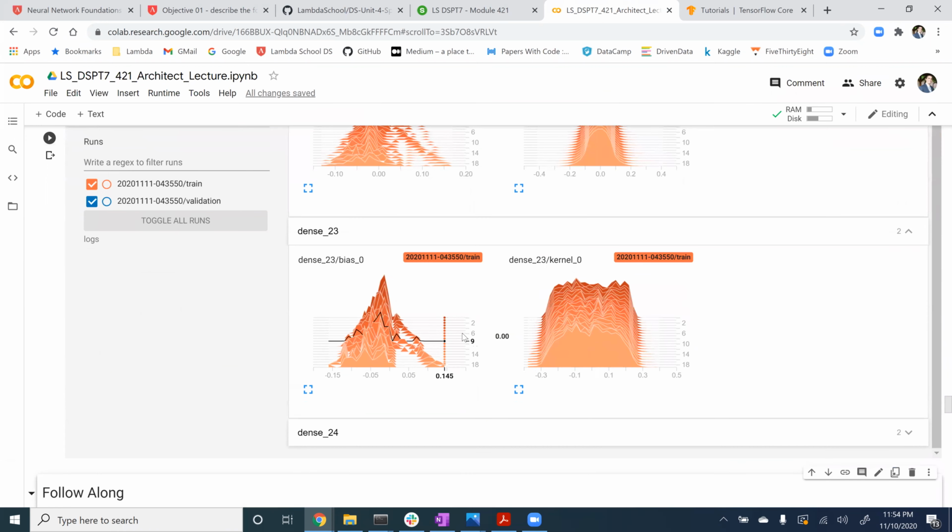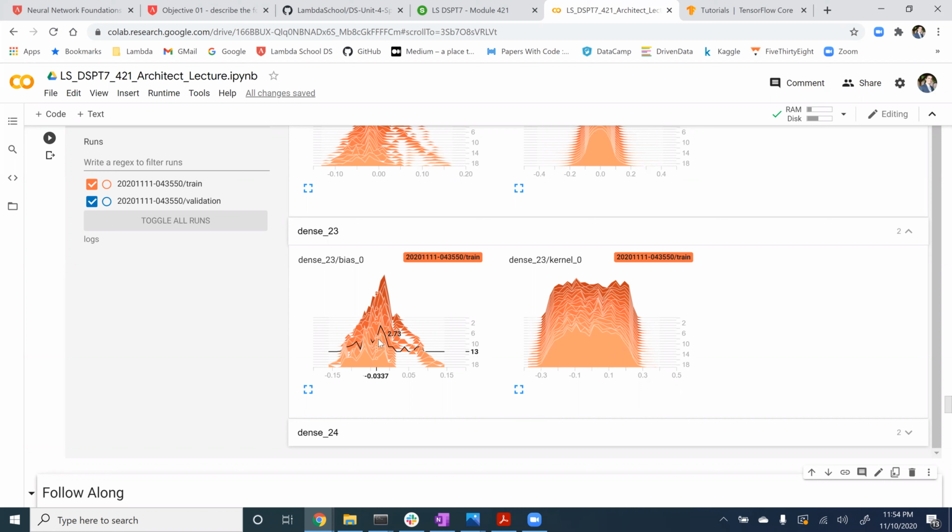And you'll rarely, I think, look at this in detail unless you're trying to troubleshoot a specific problem. But generally, you should see some amount of movement throughout training, and it should follow some pattern that looks kind of like this. If I gave you a real world data set with lots of noise that was much harder to predict, and you were trying to troubleshoot or debug an architecture,